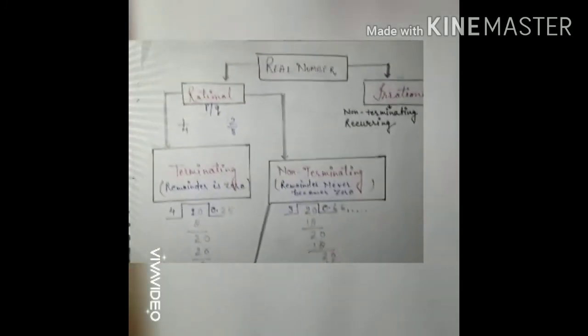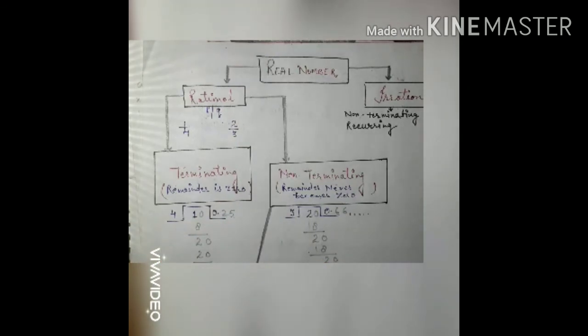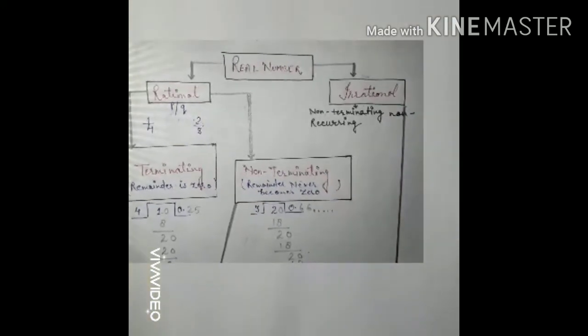That means at the last we can say that in the rational number the decimal expansion is terminating or non-terminating repeating. But for the irrational number the decimal expansion is